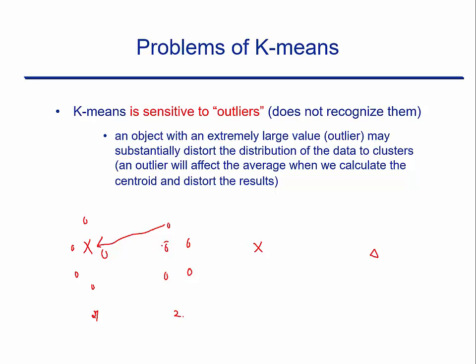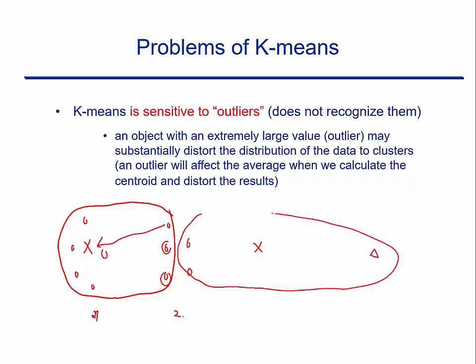And similarly, this point and this point will also be assigned to the left centroid. So after the second iteration, the left 8 points will belong to the first cluster, and the right 3 points, including the outlier, will belong to